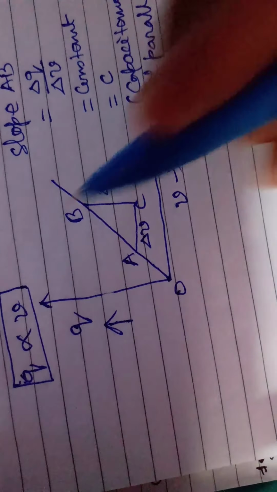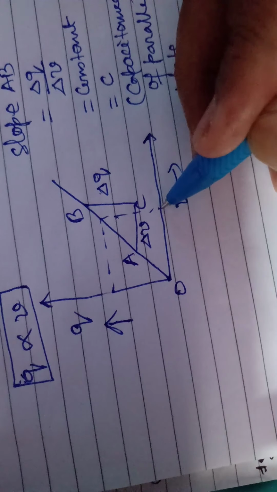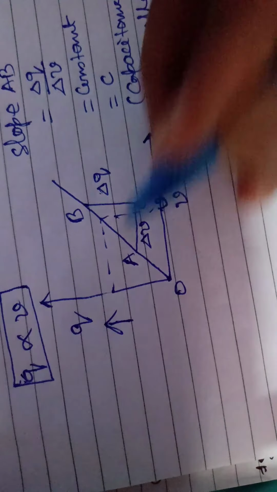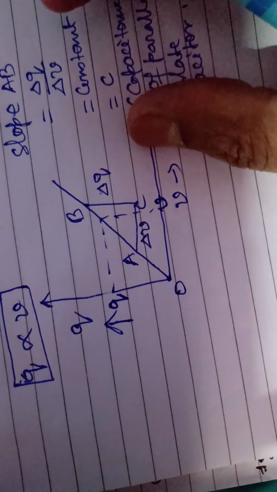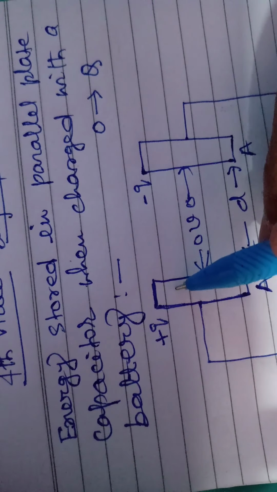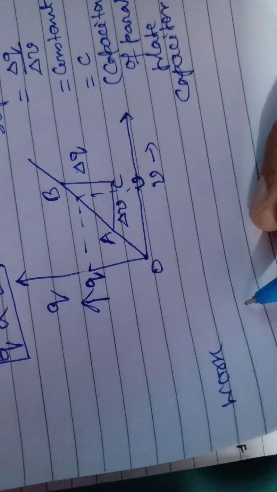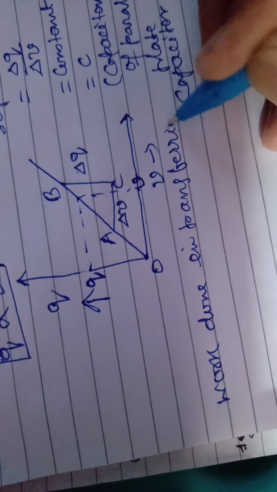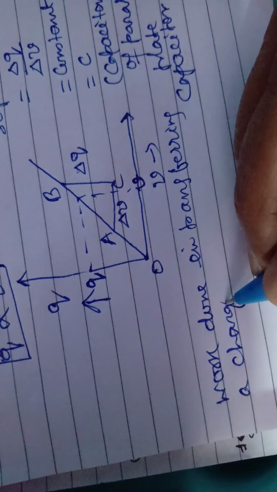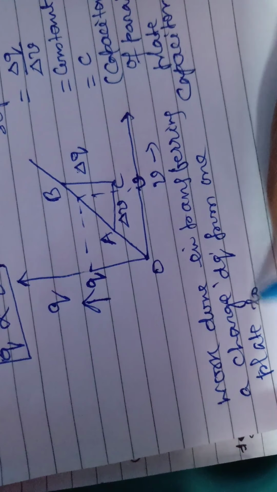Now, during the course of charging, we select some arbitrary point on this graph, and here we find that the potential difference between the plates is V, and charge deposited on plate is Q. At this instant of time, if a small amount of charge dq is transferred from one plate to another plate, then from the definition of potential difference we can say that work done in transferring a charge dq from one plate to another plate